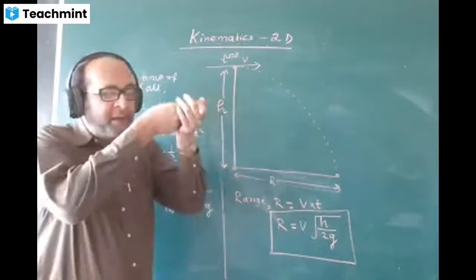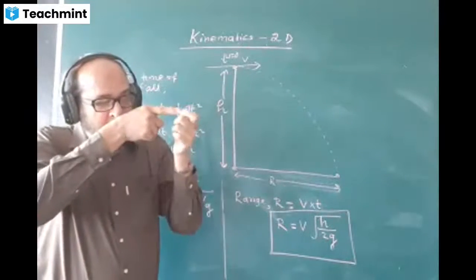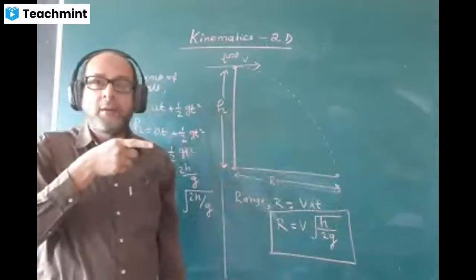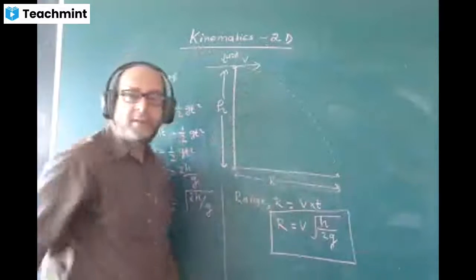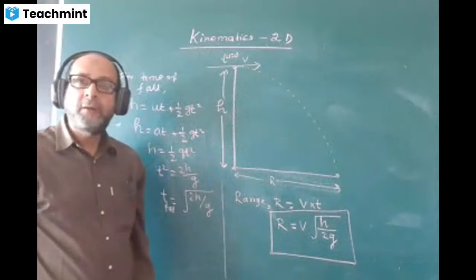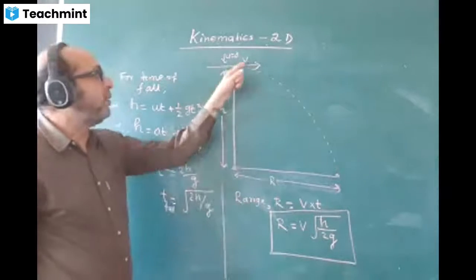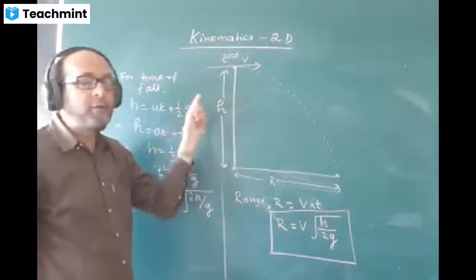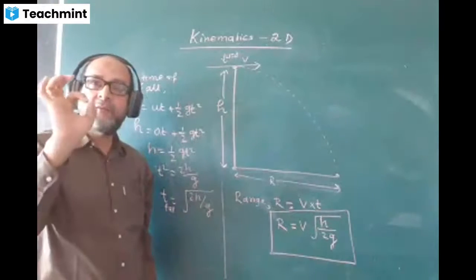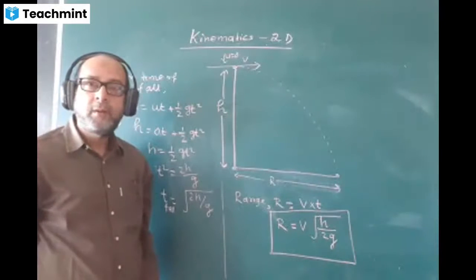Yes, sir. We are throwing it horizontally. Say, for example, we have a gun. The gun is pointed horizontally. From here, the bullet will be fired, and the bullet will take up a parabolic path like this. It will be falling down like this. Understood? Here, all the velocities are horizontal. That's why the vertical velocity value at that time will be 0 along the y-axis.